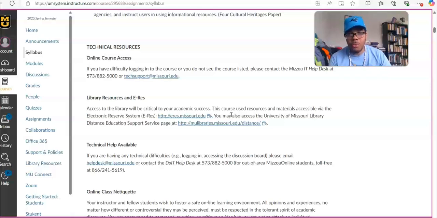Specifically, and we'll go down and show this, you'll see that there are a lot of resources and things that you need to read in this class that are proxy links, and you would have to log in to Missouri's library in order to see them. But you do also have this, a page for distance education support services through the library, and so clicking on this